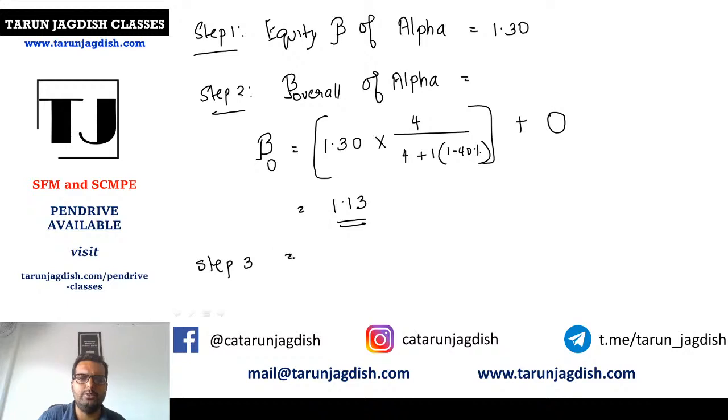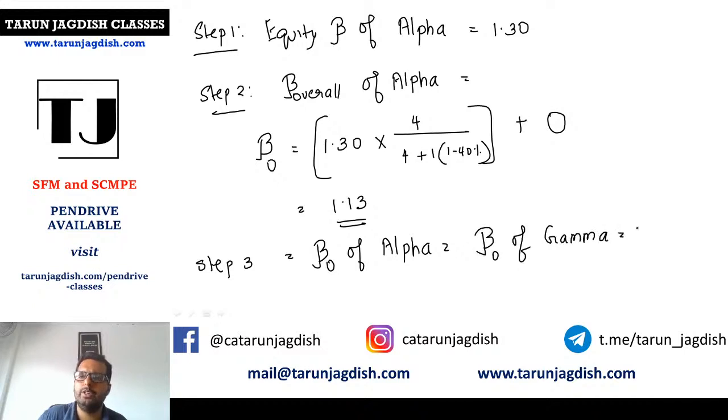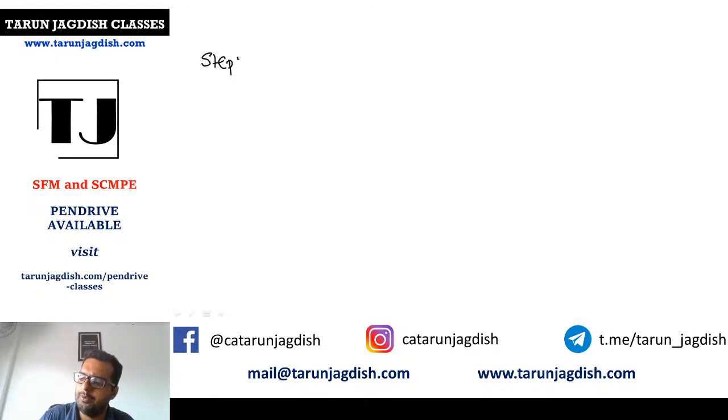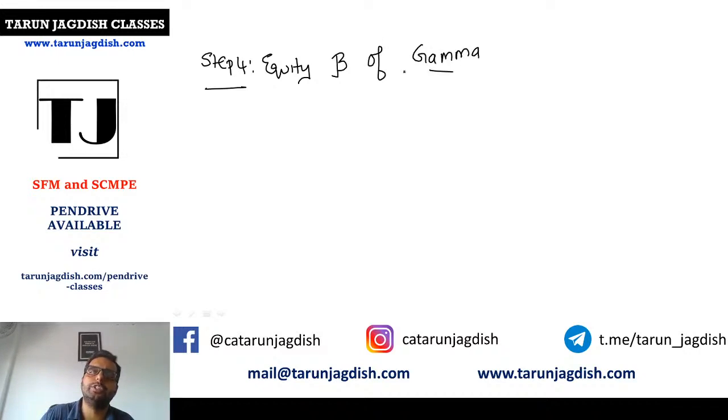Once I get this, I will write down step number 3. Beta overall of alpha is equal to beta overall of gamma, which is equal to 1.13. Alright. Once I get this, I'll go to the final step, that is step number 4, where I will find out the equity beta of gamma, for which I'll use the equation beta overall is how much? 1.13. Am I right? 1.13 is equal to beta equity of gamma,